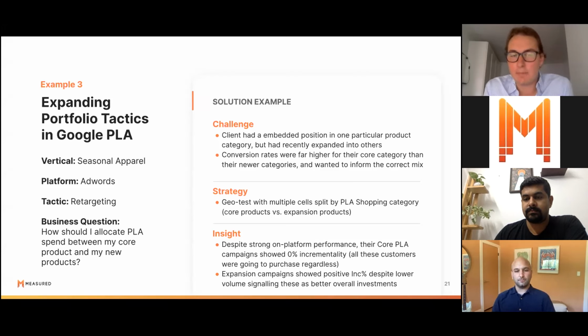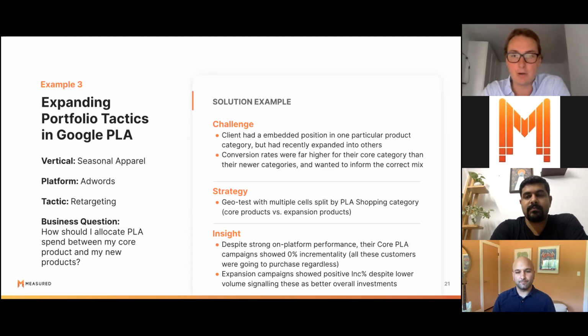Absolutely. So this is a similar example to the last one we went through, but as opposed to testing by customer type, we're actually testing by product category here. The reason this is important is the same as the prior example. This brand was very entrenched in one particular product category. They saw crazy performance on platform and on site, but they'd hit a saturation point. They were looking to go into other categories, but lo and behold, those sales were a lot harder to get. They weren't known for those things. Folks weren't coming to them to shop for those things. To Clay's example, if this is a holiday sweater company, they had to tell people that they sold t-shirts too.